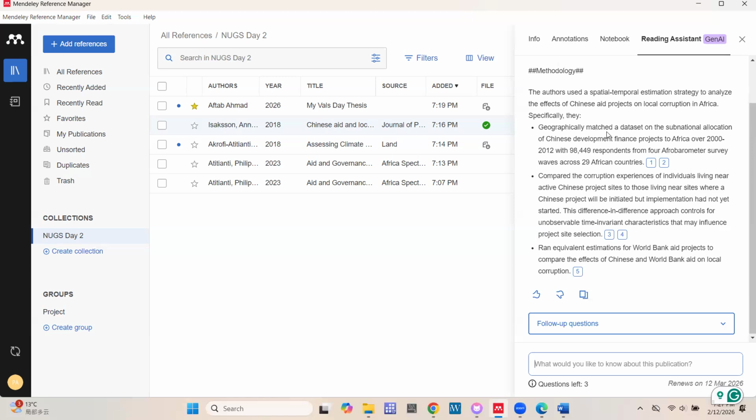Specifically, they geographically match a data set to Africa over 2005 with 98,449 respondents from 4 Afrobarometer survey waves across 29 countries. Right, so this is a cool feature.